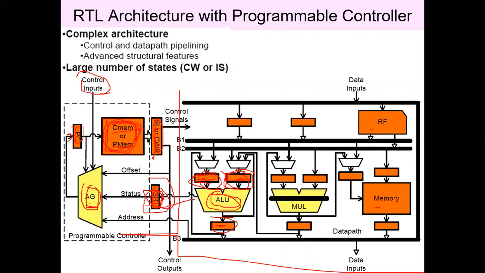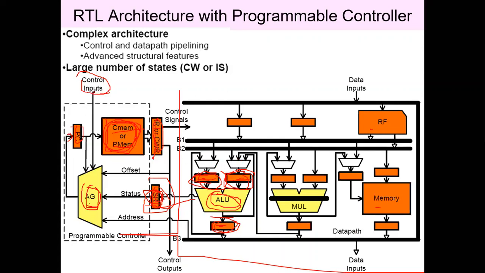If there is any write back to the memory, it will take more. From this output register, if you want to store the result back to the memory or the register file, it will take another clock cycle. Maybe 1 or 2 clock cycles may be required. If it is a register file, it will require minimum 1 clock cycle, and if it's a memory, it may require more than 1 clock cycle for memory write. So if you are considering this section alone, it will take minimum 2 clock cycles for generation of the status signal, and if you want to write back the data to the memory, it will require 3 clock cycles. This is the ALU part.